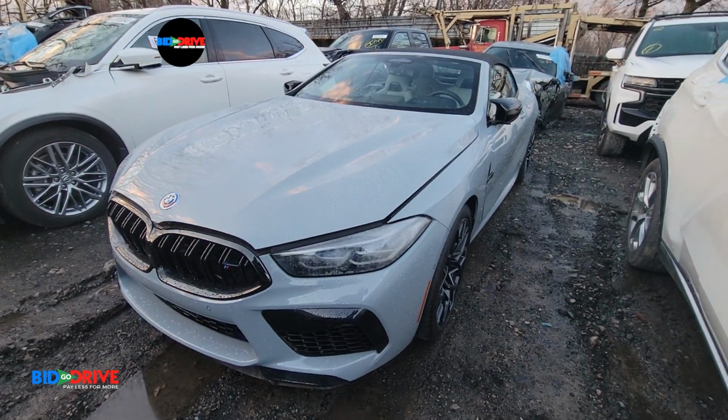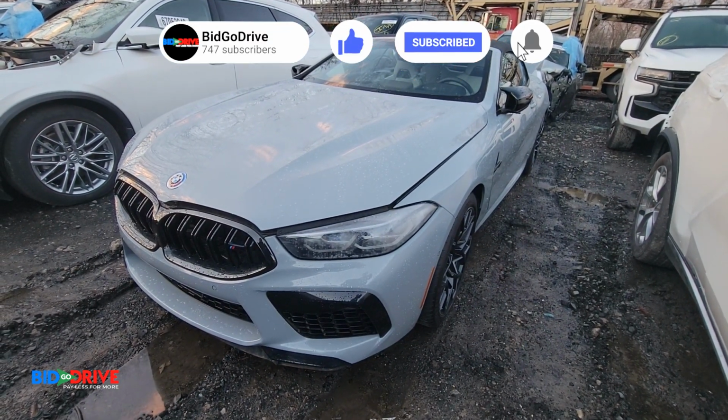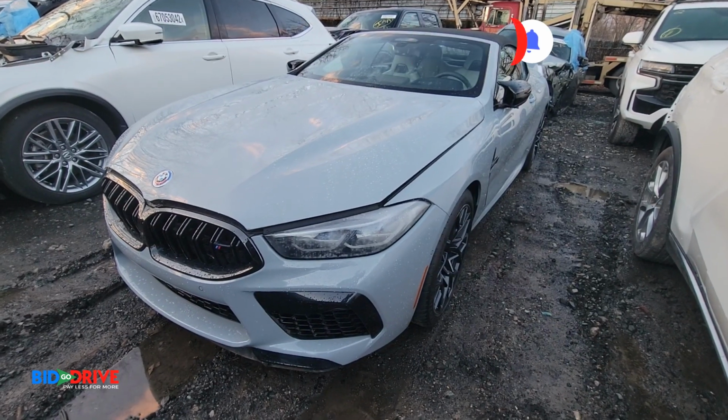Morning, everybody. We have a 22 BMW M8 available. This is a flood damaged vehicle we recently purchased. Do a quick walk around